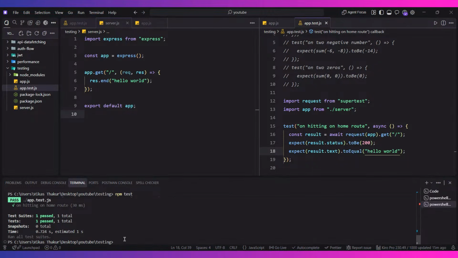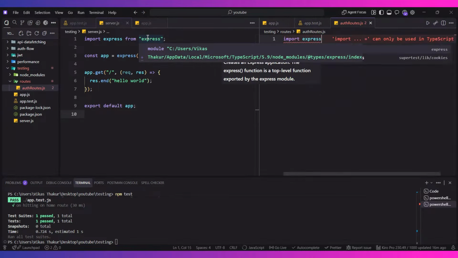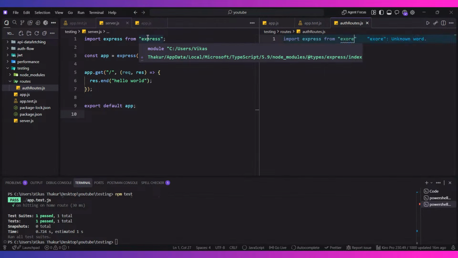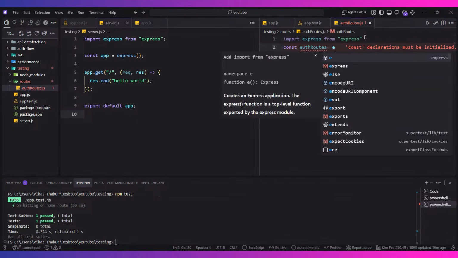Now let's suppose you are having one more route. So let's create one more route on this. Let's create a folder of routes, or let's create an authRoute.js, and I'll just say import express from express. And don't worry about these things that I am doing. It's just for your understanding of how you can integrate it. I'll say const authRoutes is equal to express